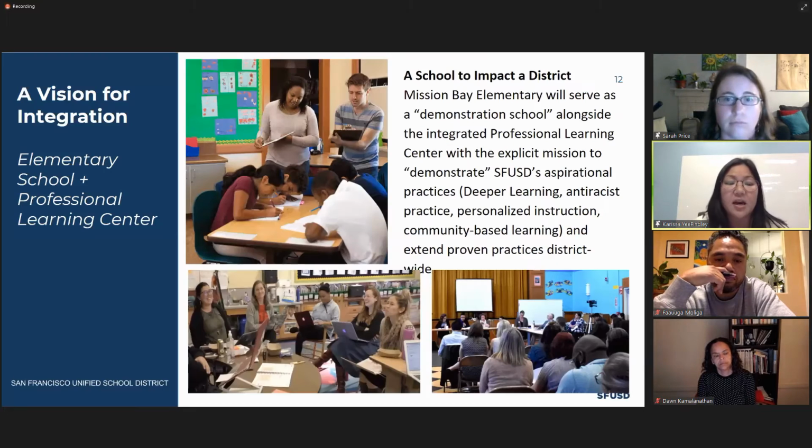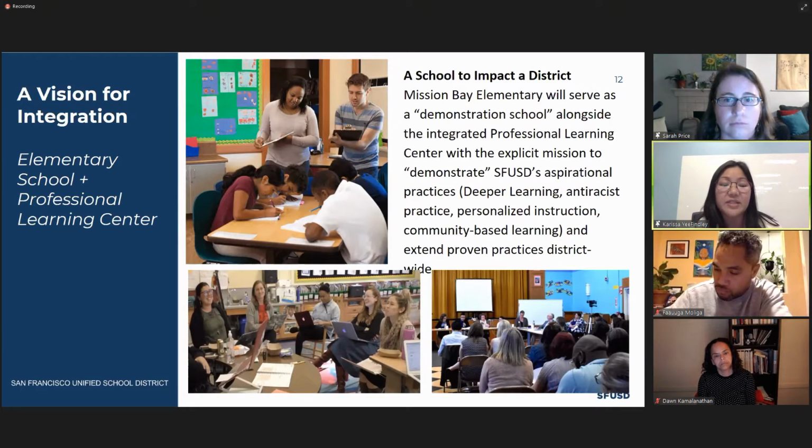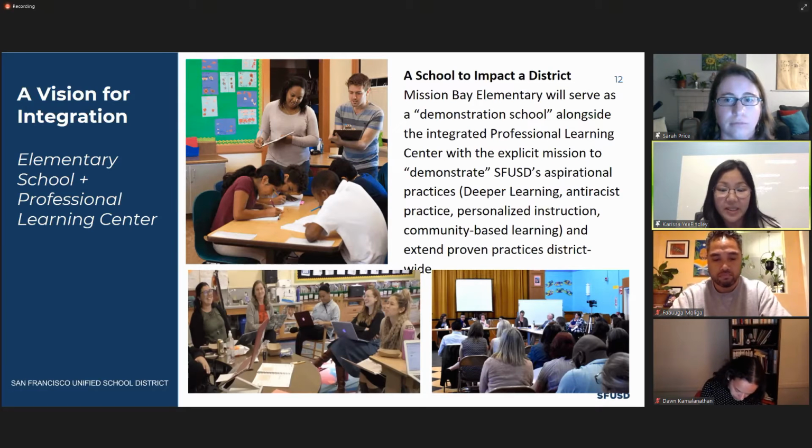Next slide. Our curriculum and instruction division, with Nora Hausman as point on this, is developing how those components will integrate together. The school will be an open practice learning community, bringing the graduate profile to life with the explicit mission to demonstrate SFUSD's aspirational practices such as deeper learning, anti-racist practice, personalized instruction, and community-based learning, and extend